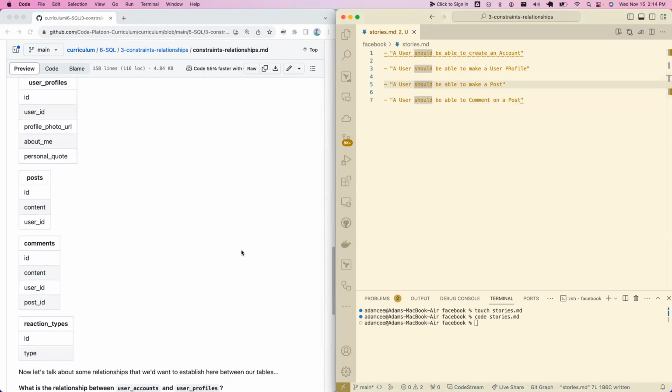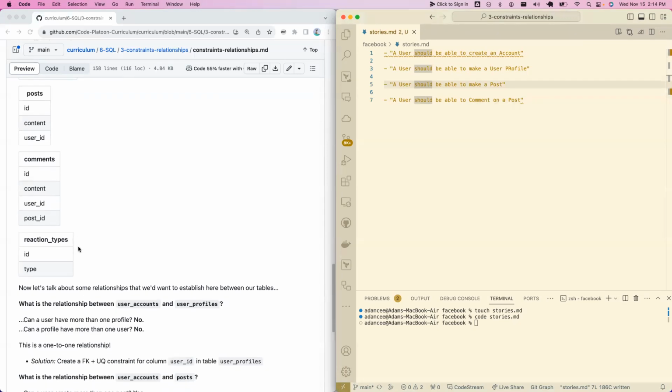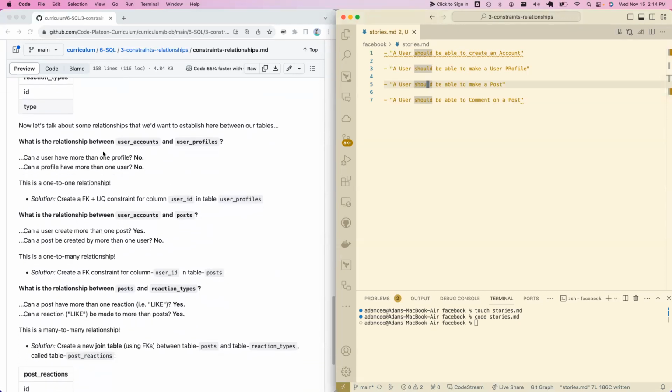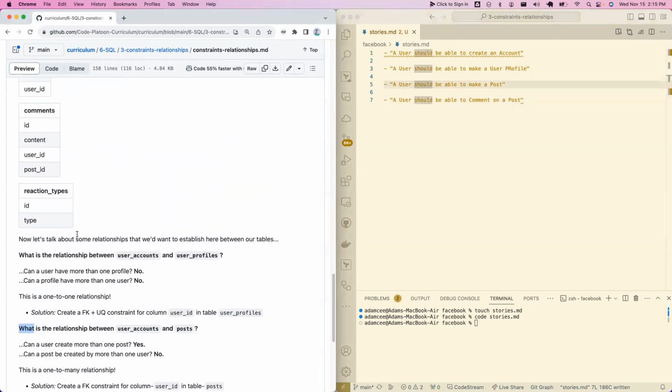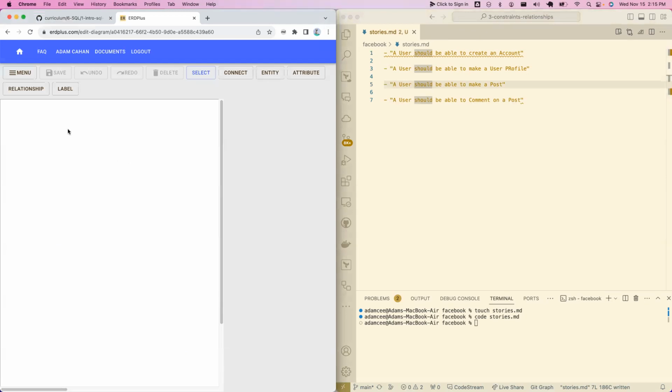If I scroll down here, there's also reaction types. And I think I'll save this one for last because this one can be a little more complex. And this is really the process that I'm sort of driving for. And when we get to this, I'll walk through it to talk about these kinds of relationships. But just running with this, if we didn't even have this guide at all, just from starting to think about what I want people to be able to do,